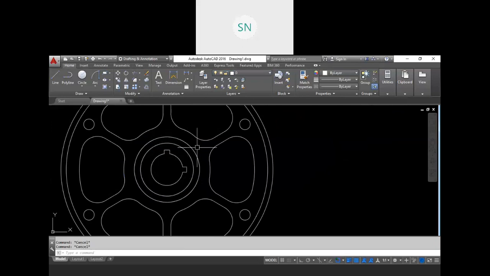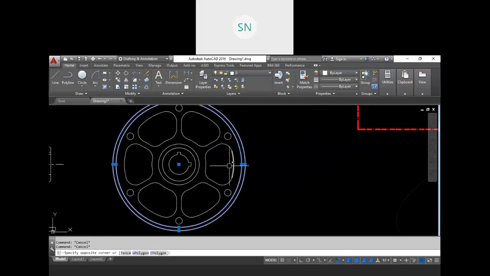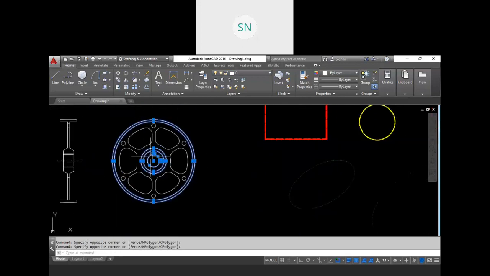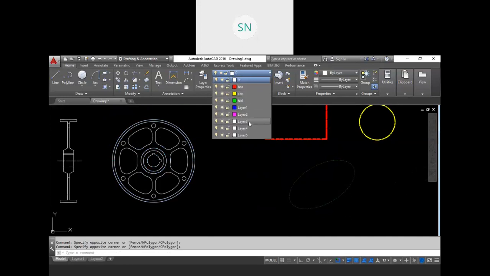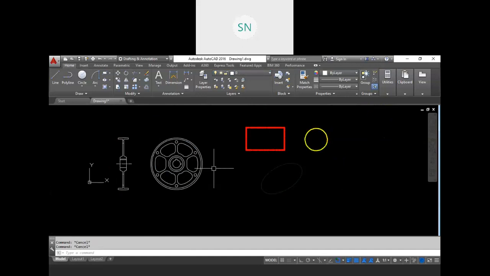And for these key slots, the center circle, or the rest of the portion, let me assign another layer, that is layer number 3, right? So everything is in a different layer now. In this way you can assign your layer.